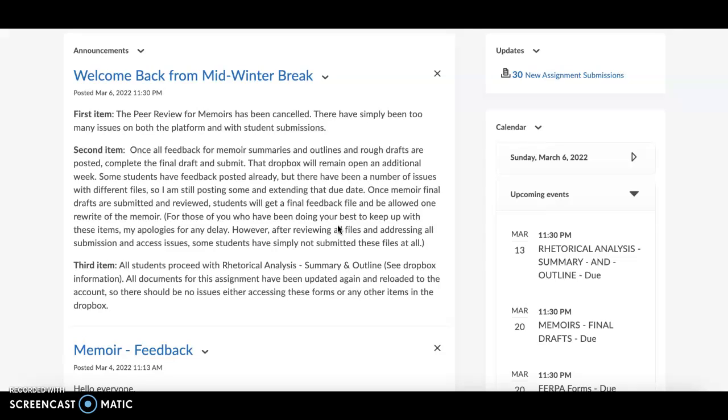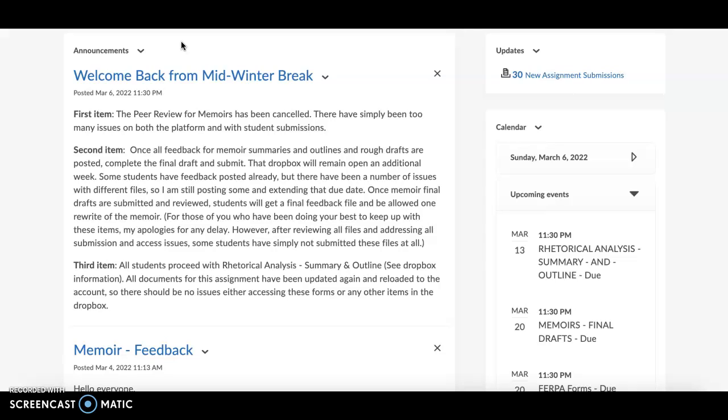Many of you have seen the postings now starting of the outline summaries, and some of you have the rough draft, and some of you are still waiting on a few of those, and my apologies. I've still been working out some of these access and submission issues, so hopefully now we don't have any problems in the upcoming items. And the Dropbox themselves, I've gone back through the items and made sure they were reloaded. There does not seem to have been an issue from that end though, so hopefully the students with access issues did